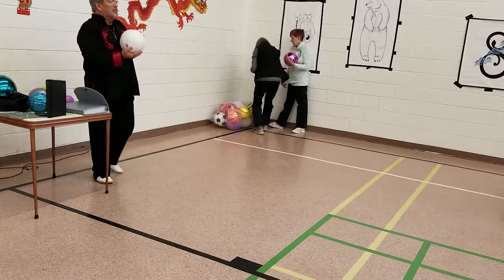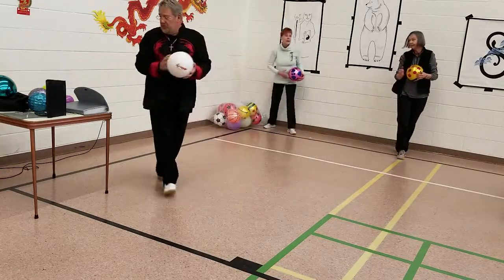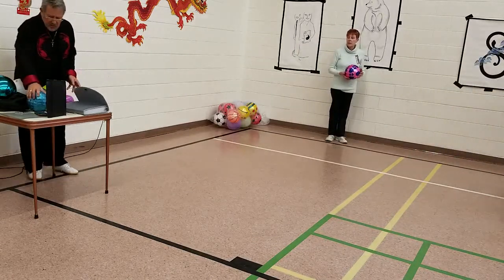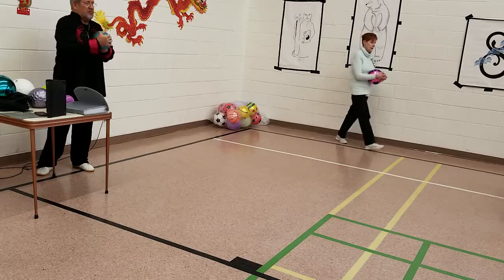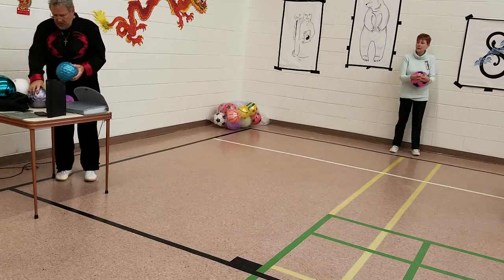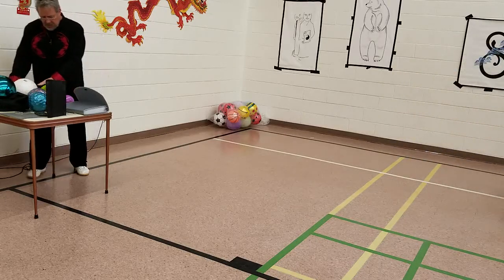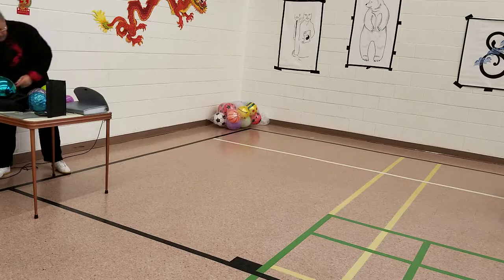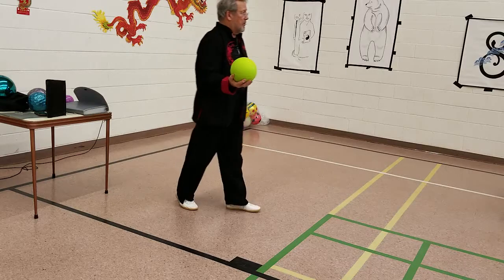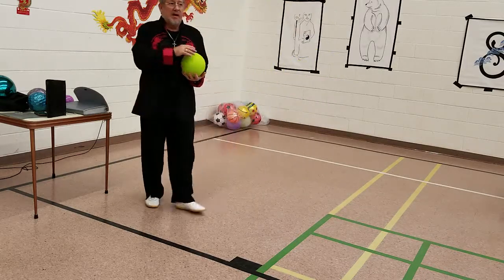Then we have these volleyballs here. Volleyballs are great. They're beautiful, and they're nice and light. Then we get into the heavier things. These here are kind of ladies' exercise balls. They're soft, but they're heavy. This here is a 6-pounder. This is an 8-pounder. And then, of course, one of the best things you can get is the medicine ball. It's a nice medicine ball, an 8-pounder. And one thing you'll learn about using a heavy ball is